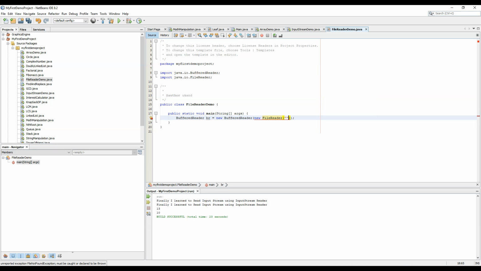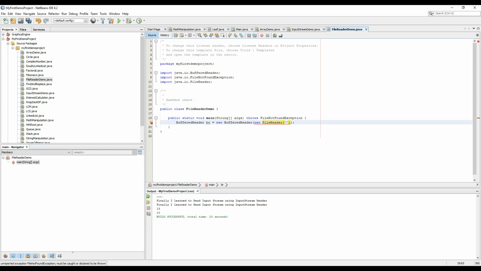If I pass the file name, it will accept it and the code would be error free. I can either pass the file object, the object of class File, or the file name. It will implicitly create a file for that.